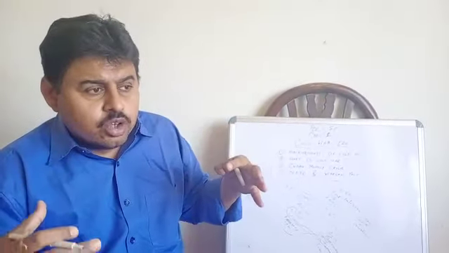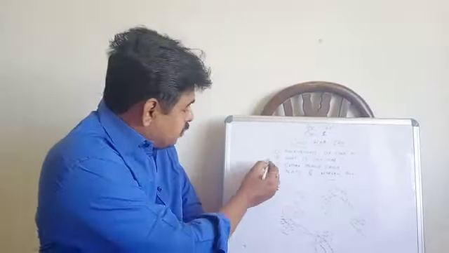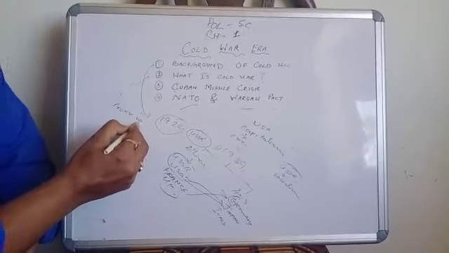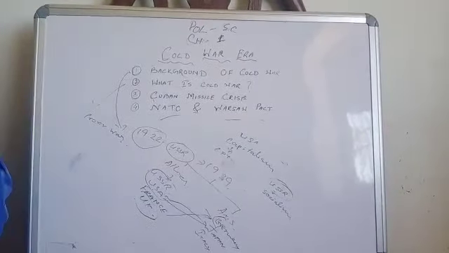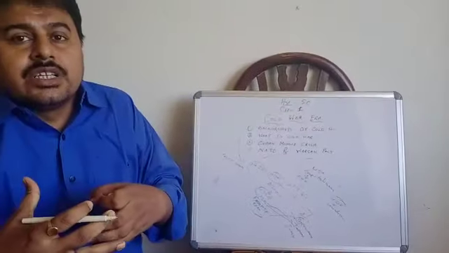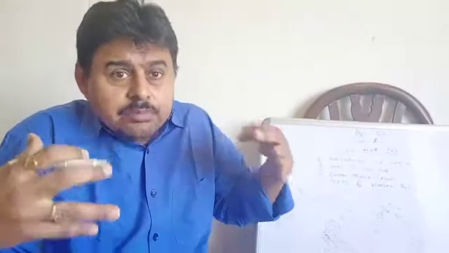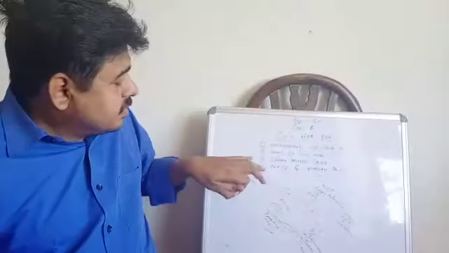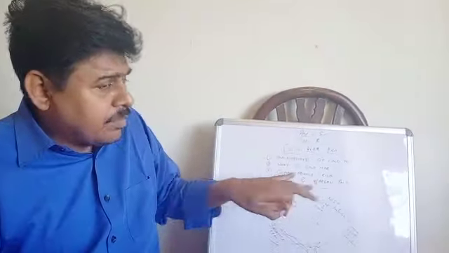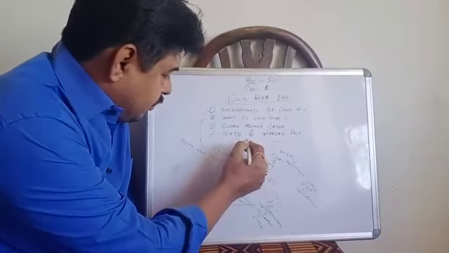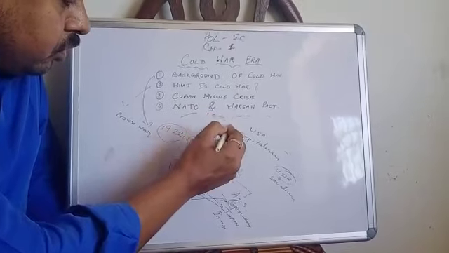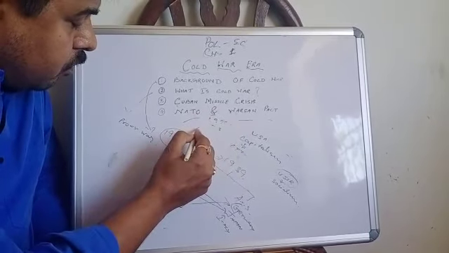They always wanted to go for proxy war. Here comes the next word, proxy war. What is proxy war? Proxy war means they are not fighting each other. Rather, they support some other countries to fight each other and to prove their power against the other. That is the proxy war. There were different types of proxy wars from 1950 onwards. For example, from 1950 to 1953, there was the Korean War.